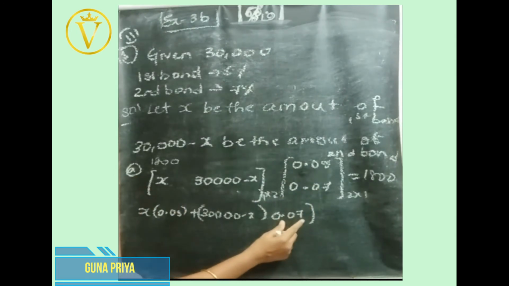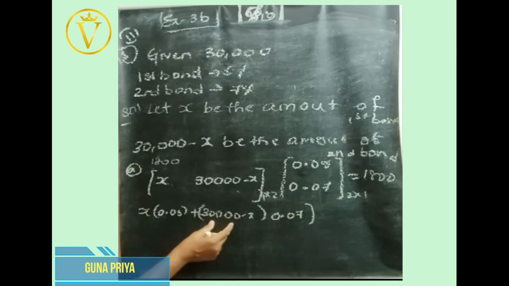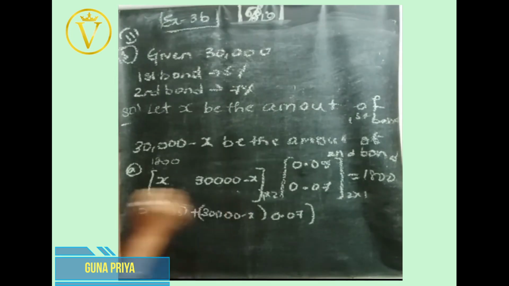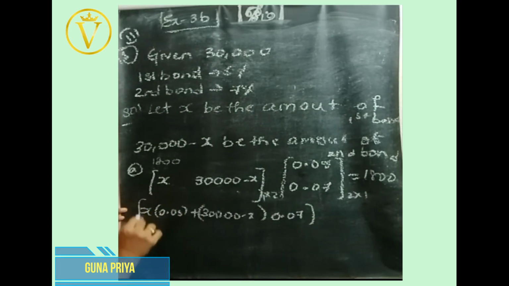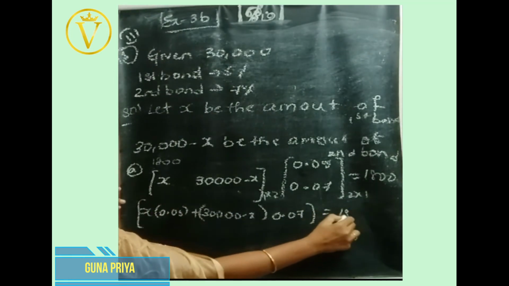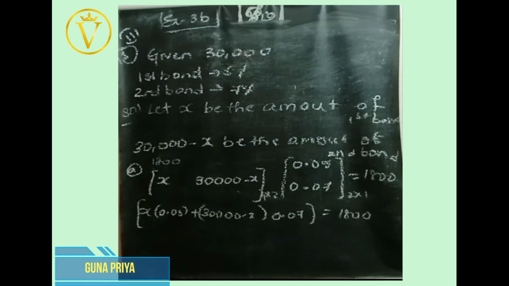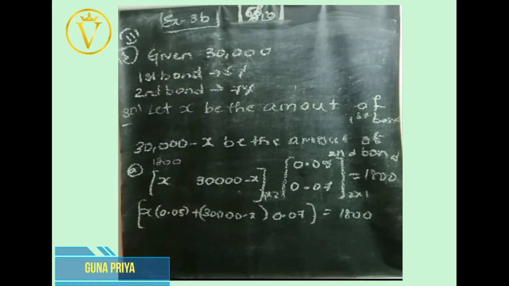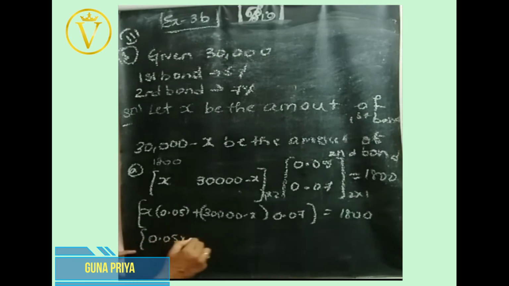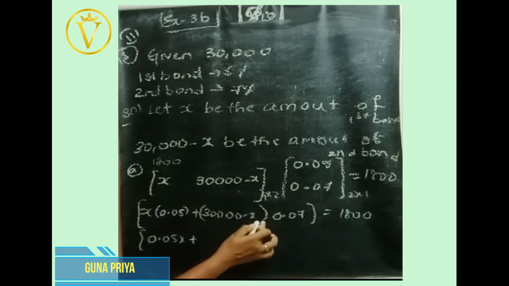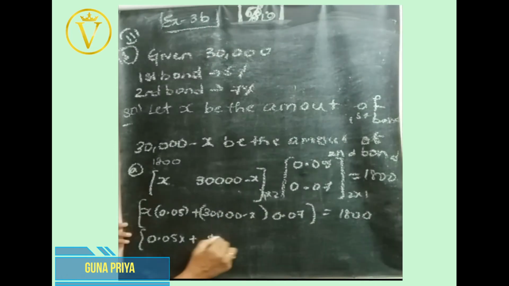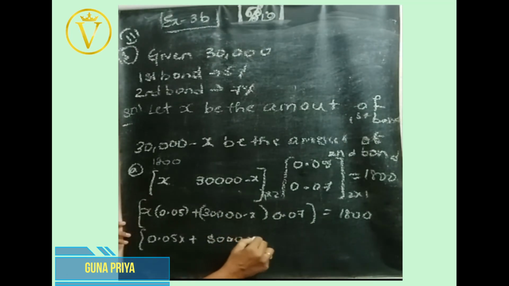So 0.07 will be multiplied with both 30,000 and x. Now multiply: 0.05x plus